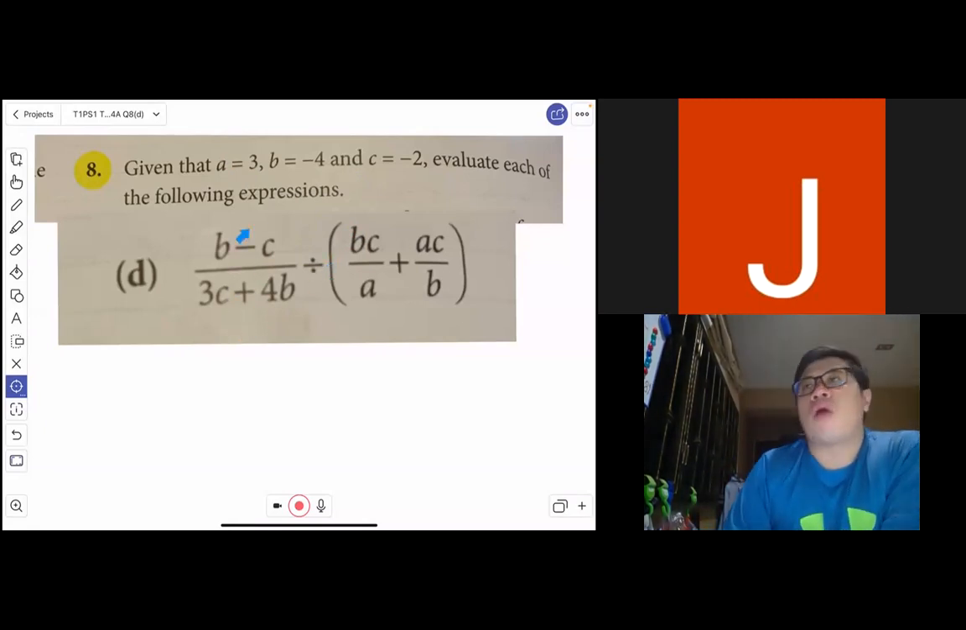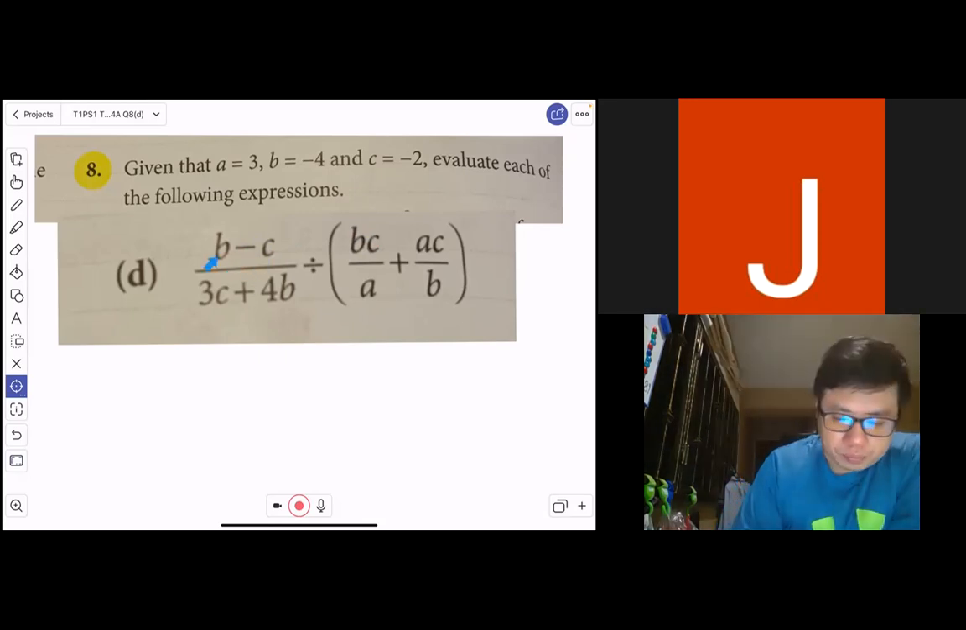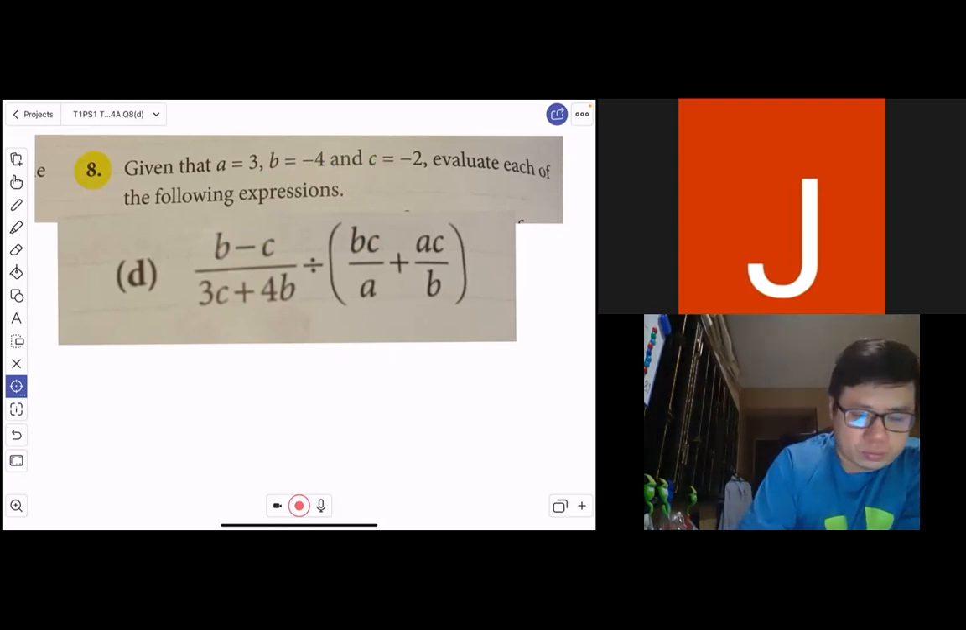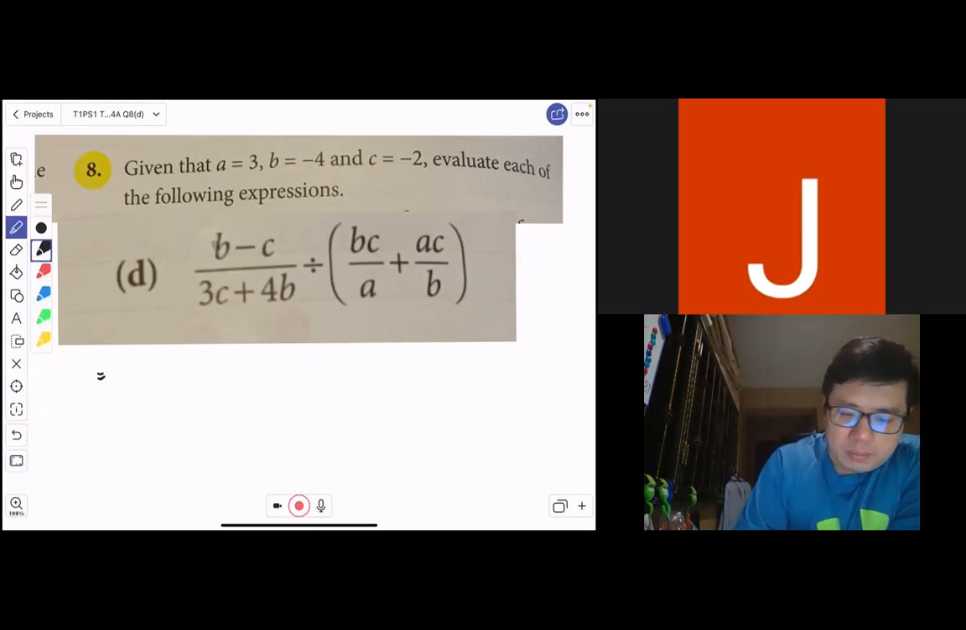If you see that we have one fraction divided by another fraction, and you follow the order of operations, go by BODMAS first. Remember that first, we have to evaluate the individual terms before we can break down the fraction. So one by one, I'm going to start with B minus C first. B is -4, C is -2. I'm going to put it in slowly. B will be -4